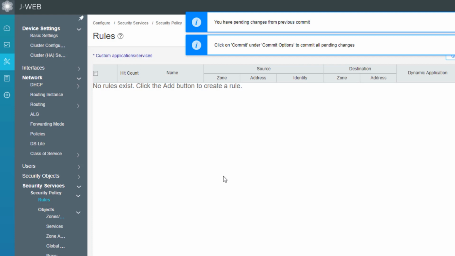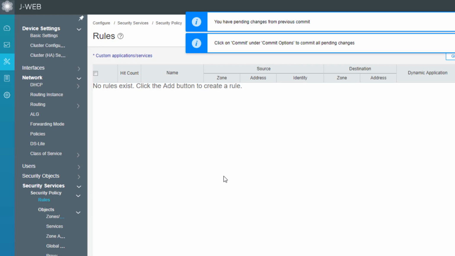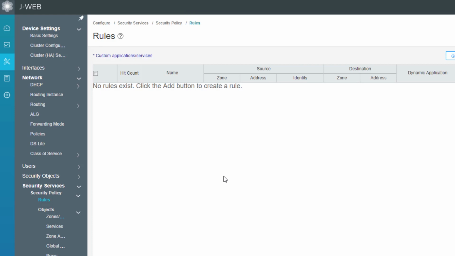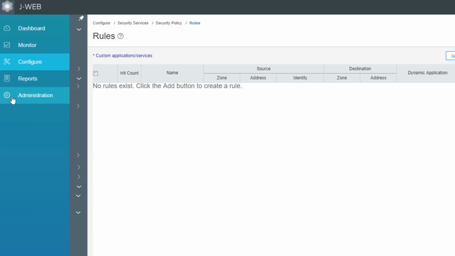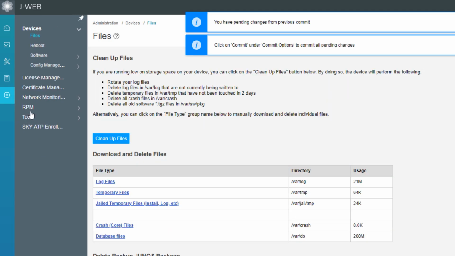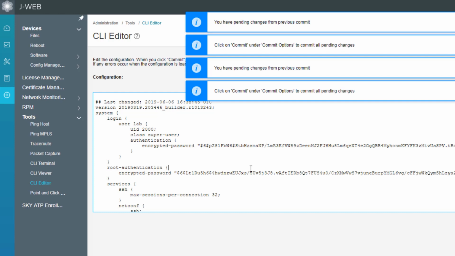And to be completely honest, the first time I did this in JWeb, I was really confused here. There's no security policies. But something kind of funny happens, and this is something that probably will be fixed in later versions of JWeb. But when deleting all the rules, it still leaves the policy statement. So what we need to do here is go into the CLI and remove that statement. And we can do that by going to Administration, going to Tools, going to CLI Editor, and then if we scroll down,